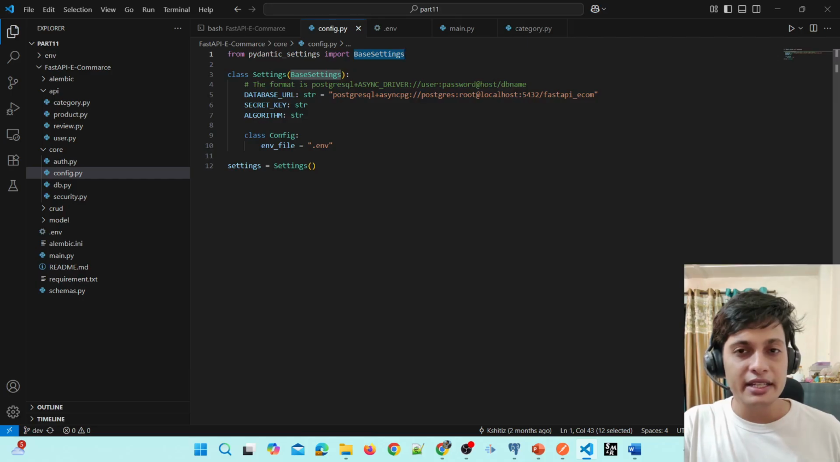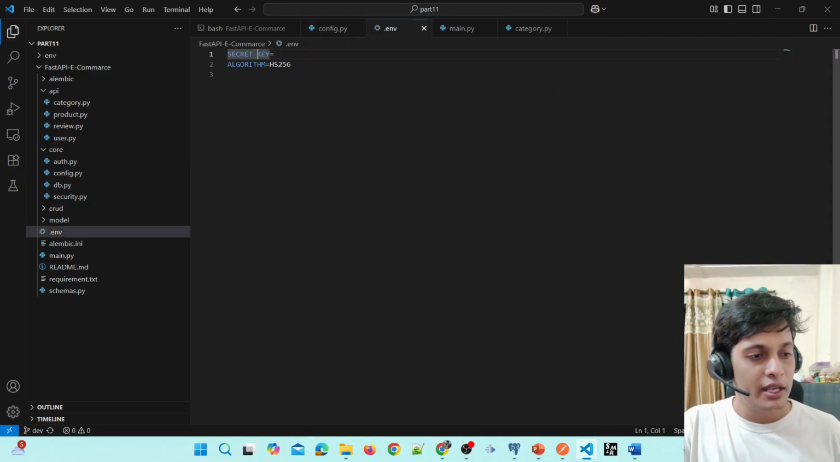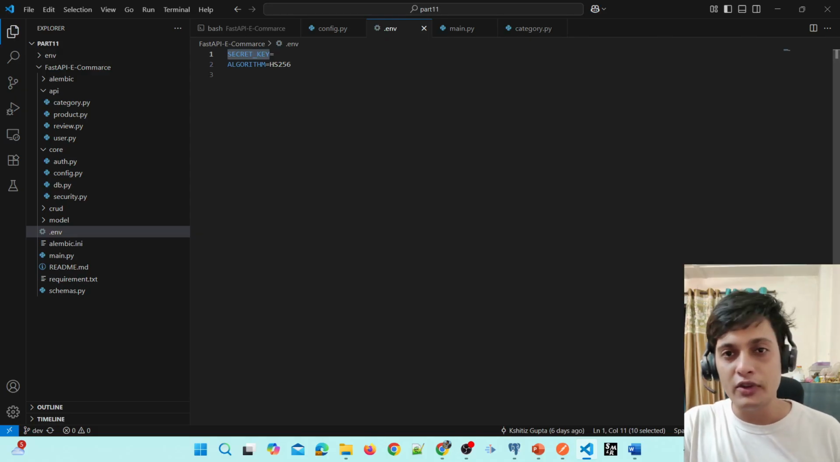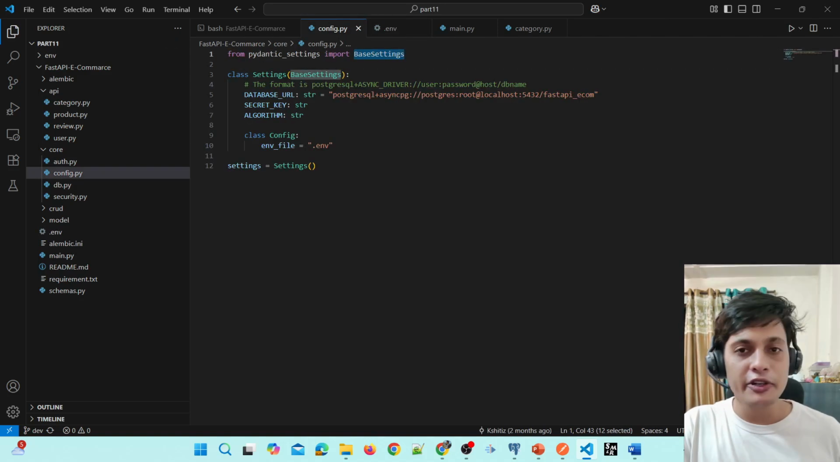This pydantic BaseSettings is used to get the data from your .env file, which we created here in our repo. Inside this .env file, we need to provide key equals value, like SECRET_KEY equals whatever the secret key value is, ALGORITHM equals the algorithm value. So what this config.py will do,